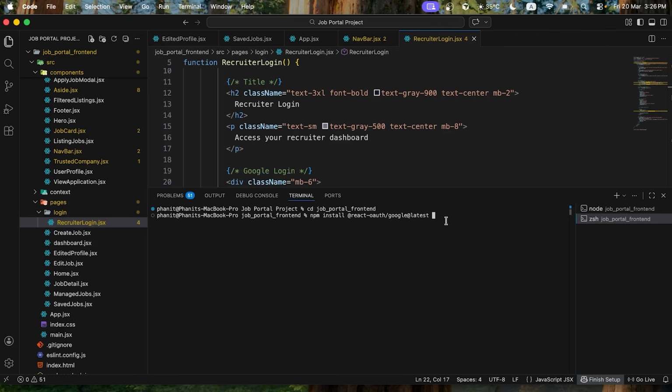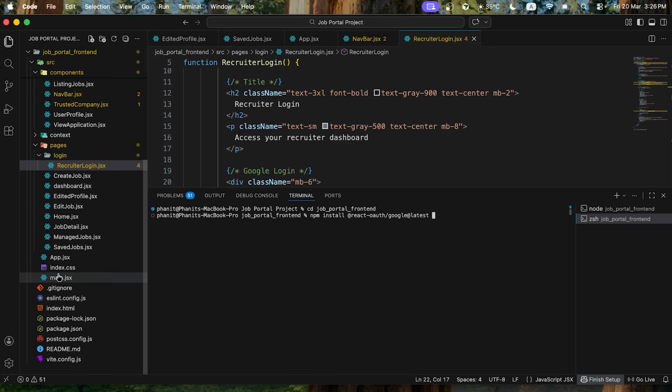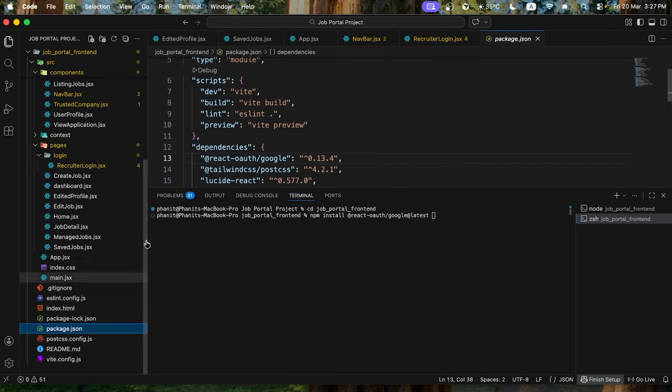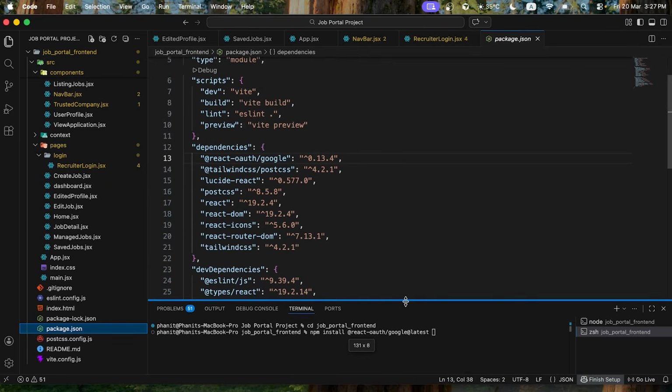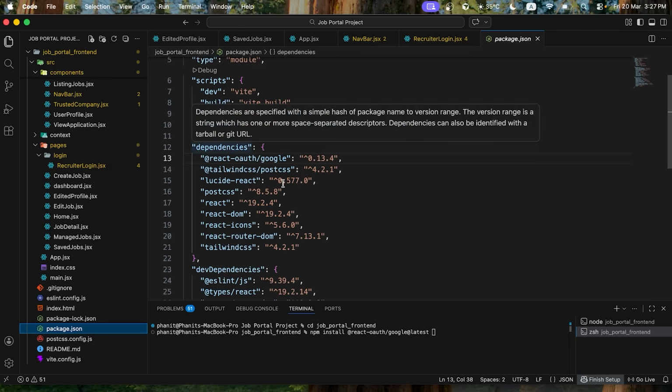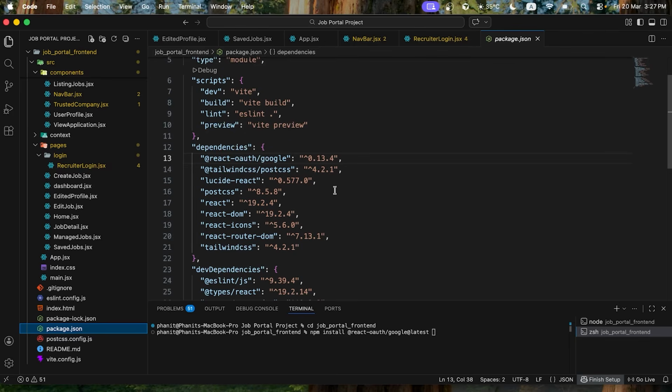But in this project I have installed it already, so I have tested this already. After you press enter, you can check in package.json right here. So I have installed it already. And then you're gonna look for dependencies, and you're gonna see right here @react-oauth/google. This is the version